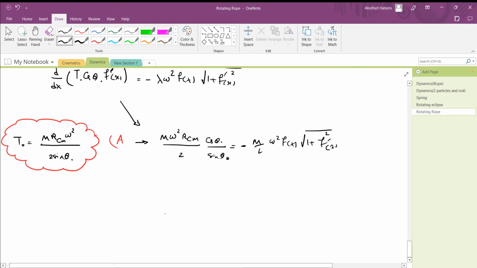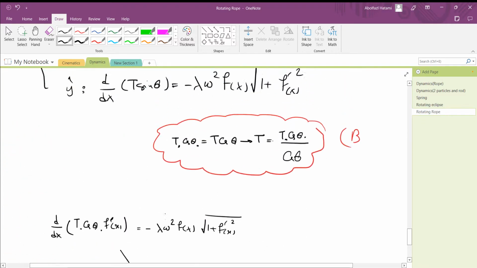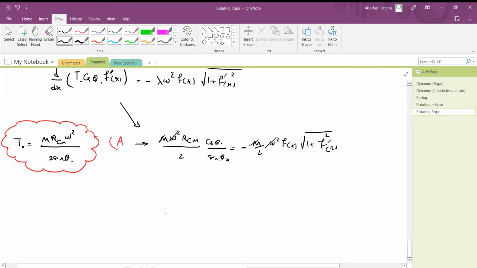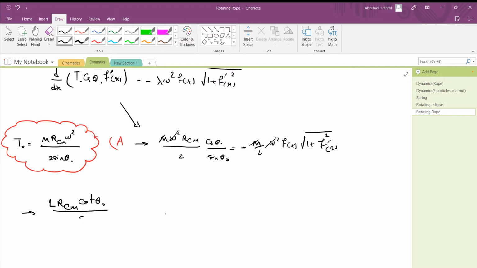Here we can eliminate m and omega squared from both sides, and write something like this: L r cm cotangent of theta 0 divided by 2,